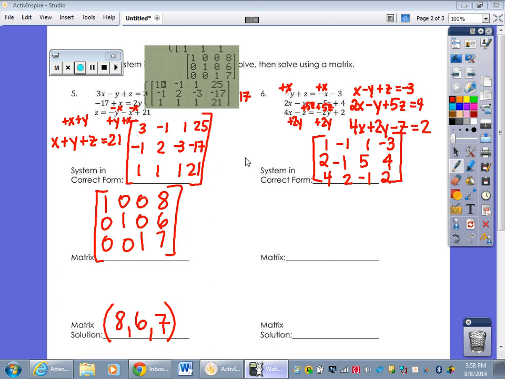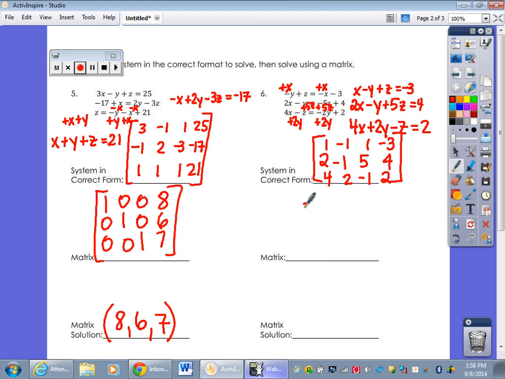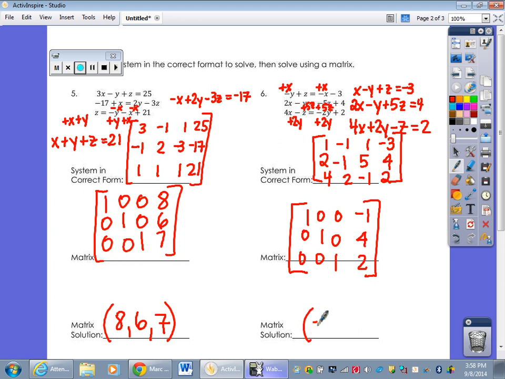Okay, 1, negative 1, 1, negative 3, 2, negative 1, 5, 3, 4, and 4, 2, negative 1, 2. Okay, that's what we want. Hit enter. And we got negative 1, 4, and 2. So our solution is negative 1, 4,